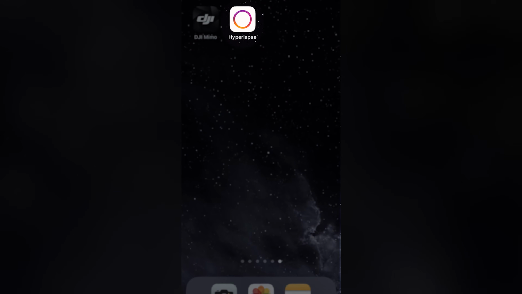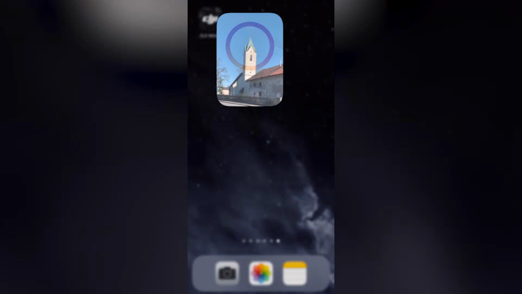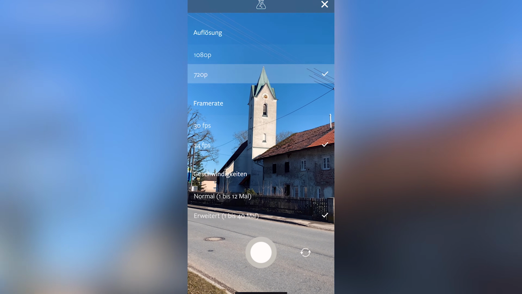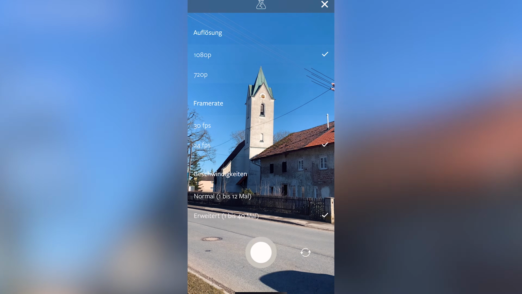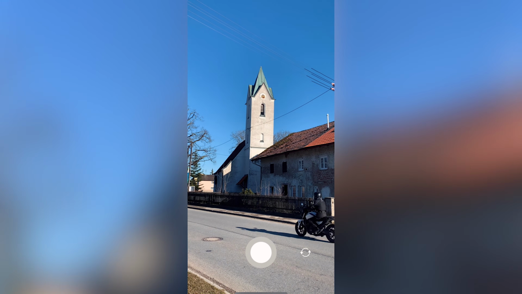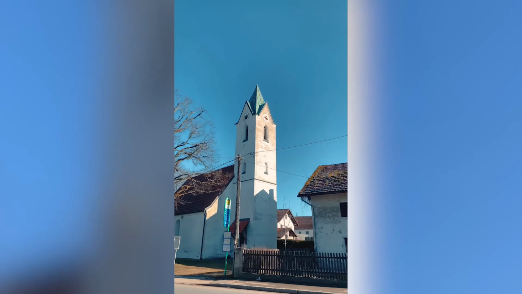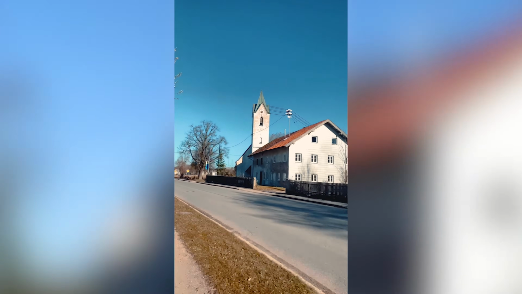Here comes a quick bonus tip. A lot of you probably didn't know this, but Instagram actually has its own hyperlapse app available. So if you do not have a gimbal and want to quickly shoot a hyperlapse handheld, you can use this app for it. But keep in mind that you have to keep your hands very steady to achieve a smooth hyperlapse. That's why I would always choose option 2, doing the stabilization process manually, because you will end up with